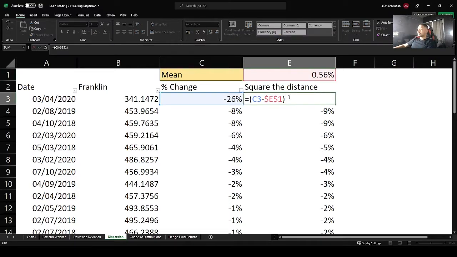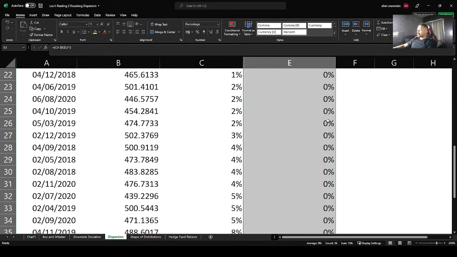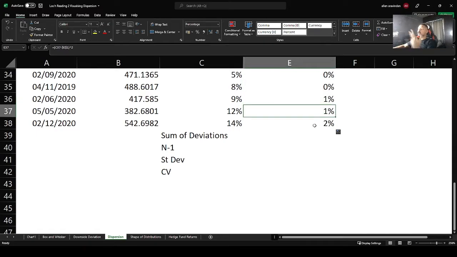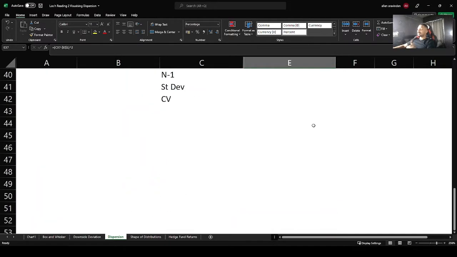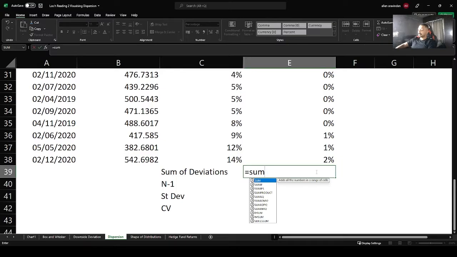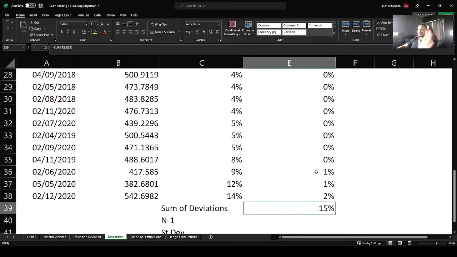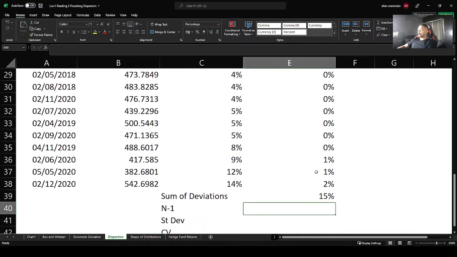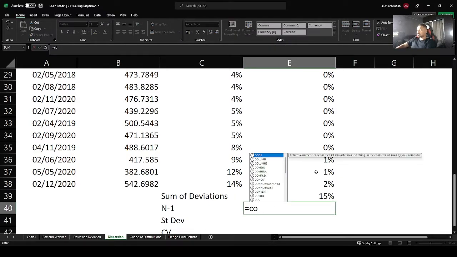So in order to remove the sign, in the multiplicative method we square it. We get rid of the sign, and now we have the squared distances from the mean. Now we want the mean of the squared deviations. So let's first sum the squared deviations from the mean. Remember why we are squaring it: just to get rid of the effect of the negative signs. Now let's look at the number of observations. If I just do a count,